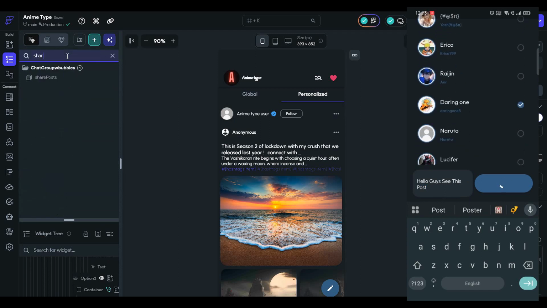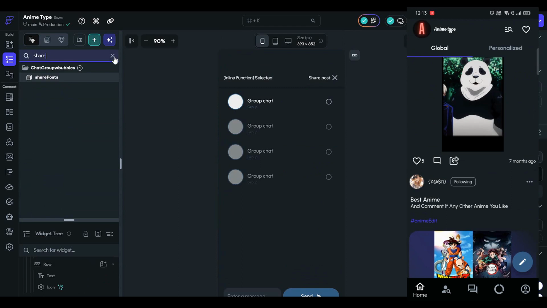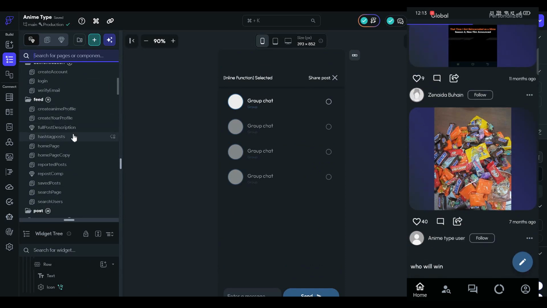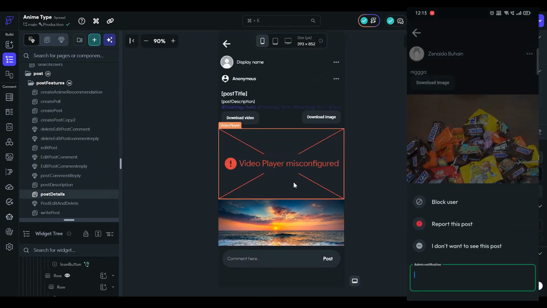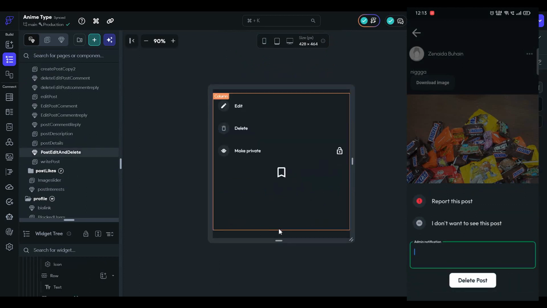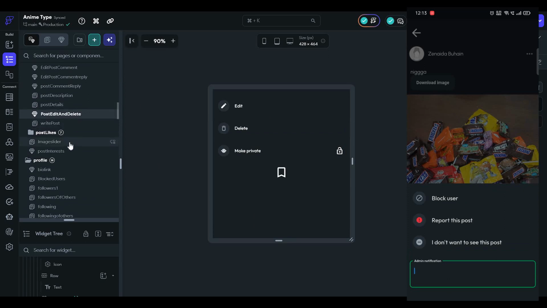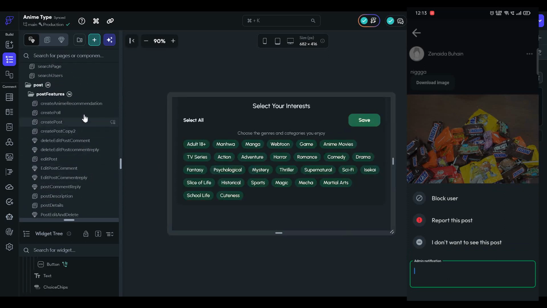We have also added hashtag systems. As you can see, if I click on a hashtag, it will show all related posts. We also have a polling system, where someone can literally create a poll. You can also share these posts with others. For example, I can send a message saying, "Hello guys, see this post," and the post will be shared with the 4 people I selected. You can directly follow people from here as well. You can follow and unfollow them anytime.